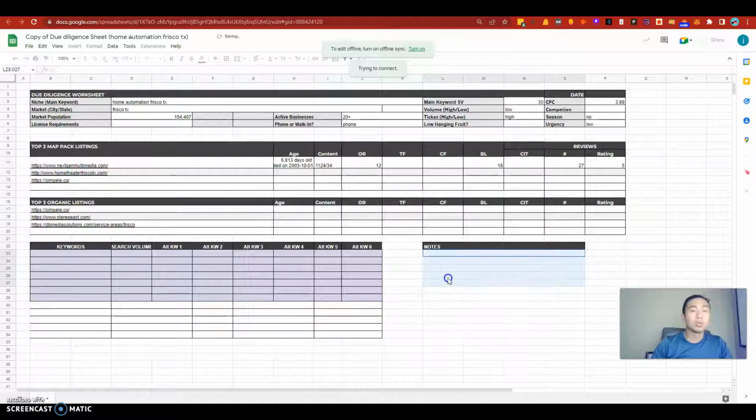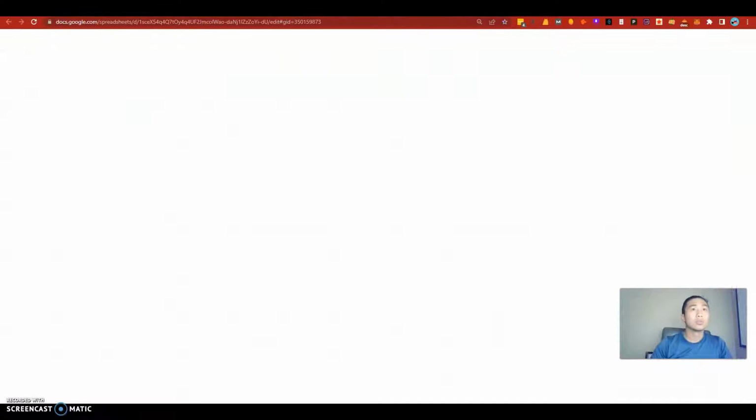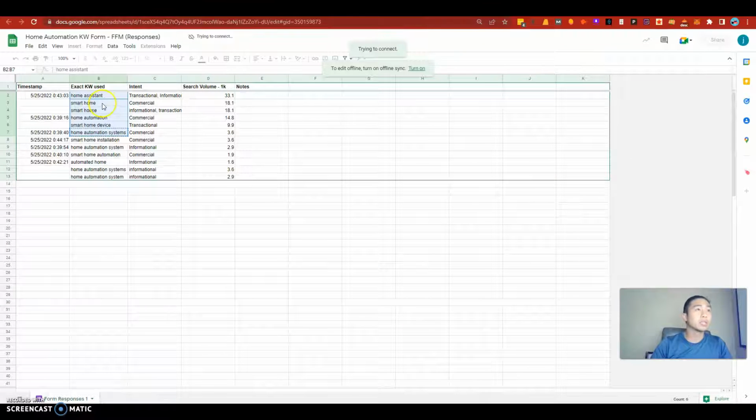You can put in some notes here if you want, when it comes to things that you've noticed that are off the cuff. You can put that in there, and I guess you can even put in questions if you want. Anyway, the last thing, of course, is the keywords and alternative keywords that we've listed. All you have to do is copy and paste this. You see how the exact keywords are here,